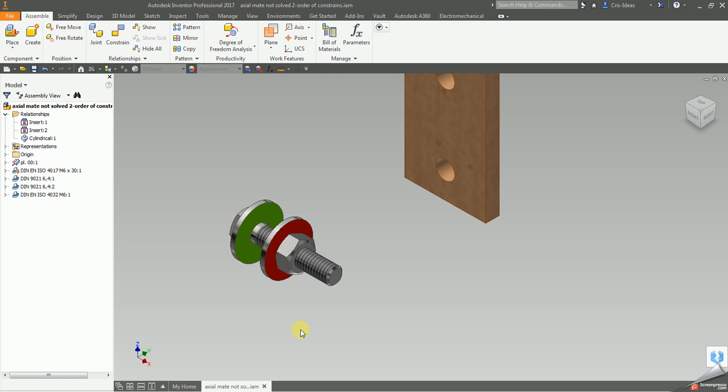And this video presents another issue, that something that should not happen, but obviously it happens. It shows how Inventor is or is not capable of solving the same set of constraints, depending on what is the order of